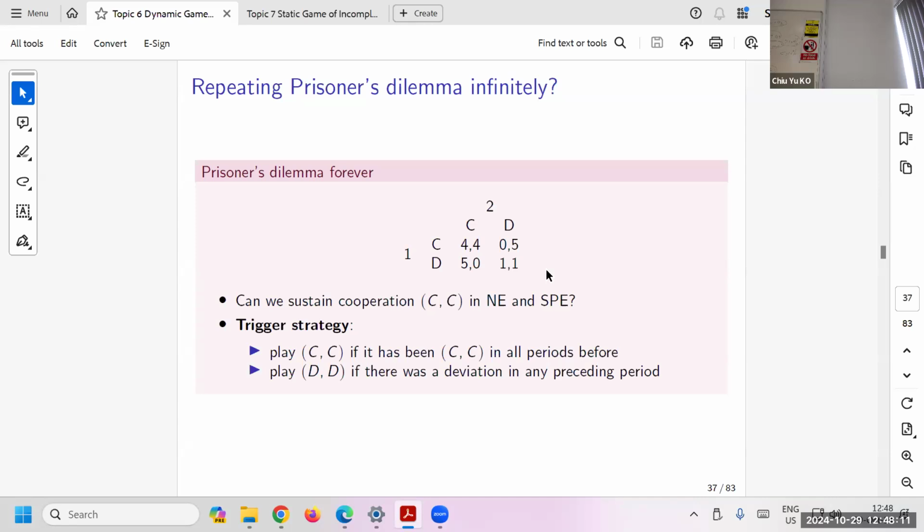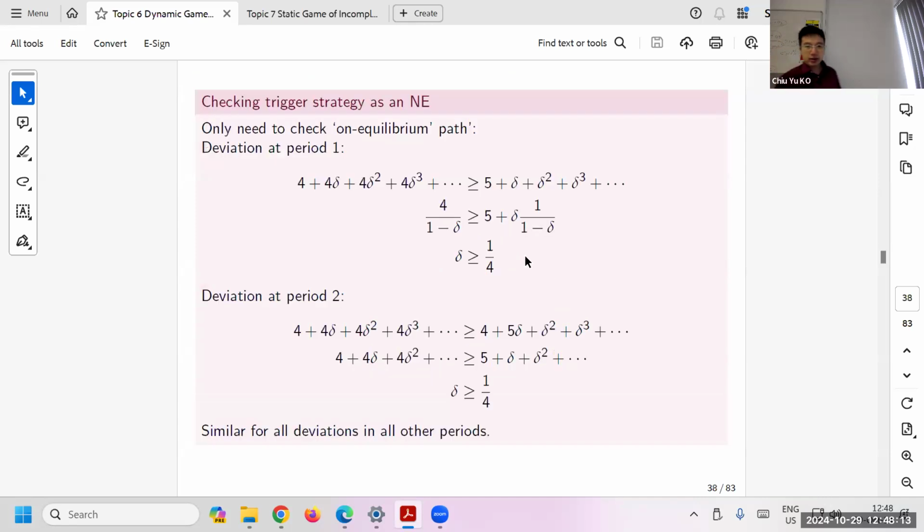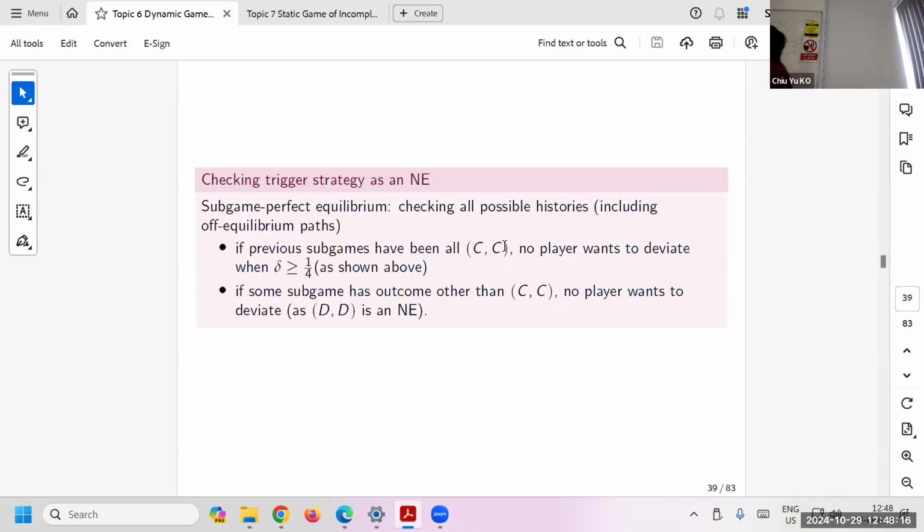But the subgame perfect Nash equilibrium is different. It's a check once you deviate: there's a history that is other than that. That is, this part is the subgame perfect equilibrium. Suppose you deviate in the first period, and according to the rule, you pay DD.